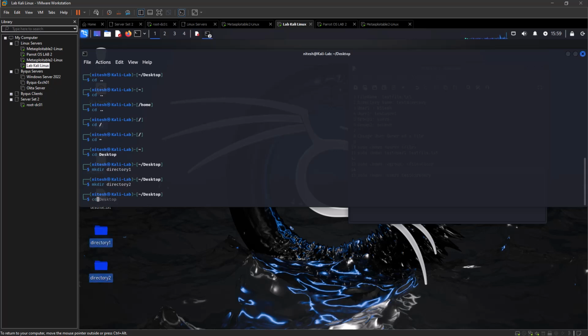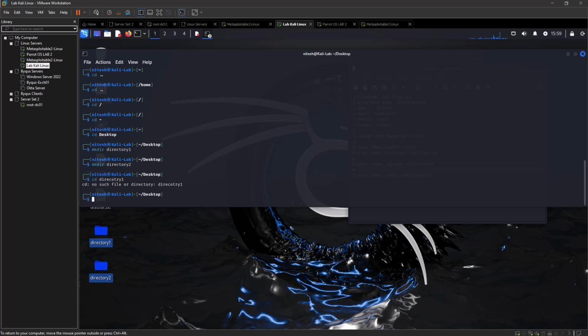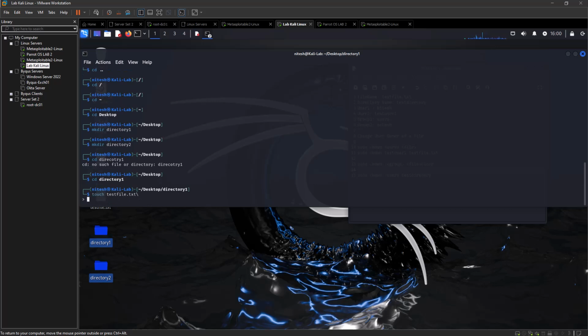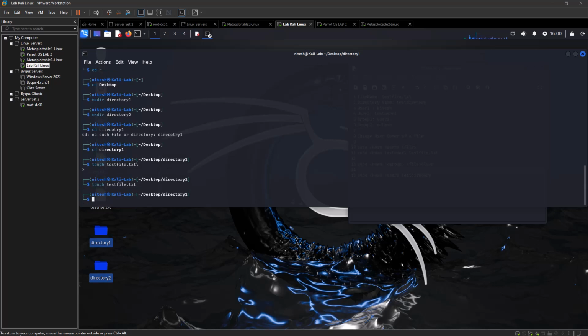Now we will move to directory 1, and now we'll do touch testfile.txt, and touch testfile1.txt. Suppose I did it, and now I want to go to directory 2, so I have to go back,